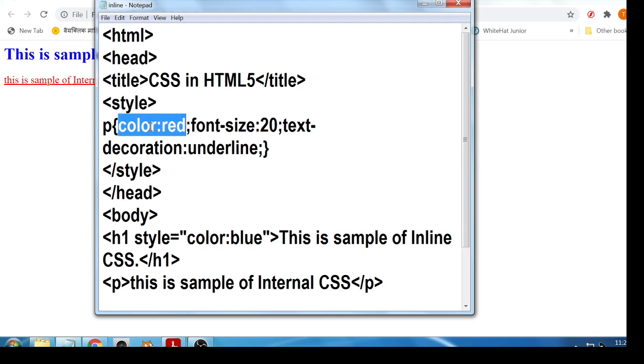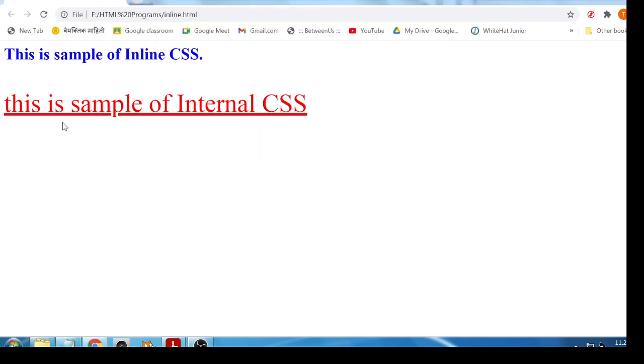First one is the color, second one is the font size, and next one is the text decoration. Okay, you can apply one or more properties at a time. Increase the size, we apply here 50, save this file and refresh. This is the final output for the internal CSS.